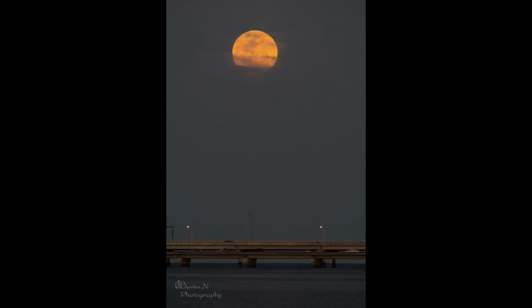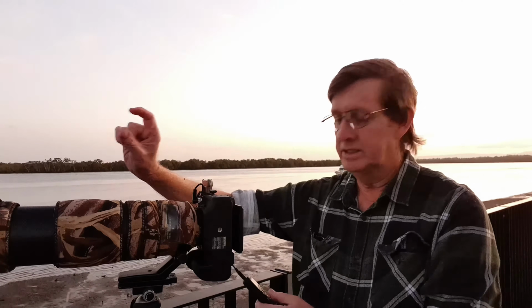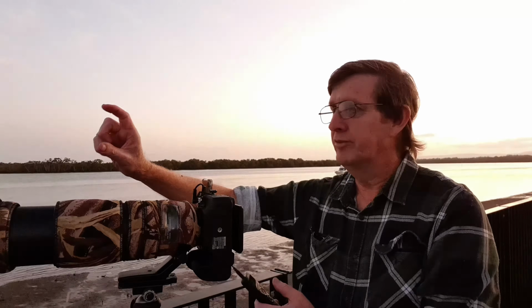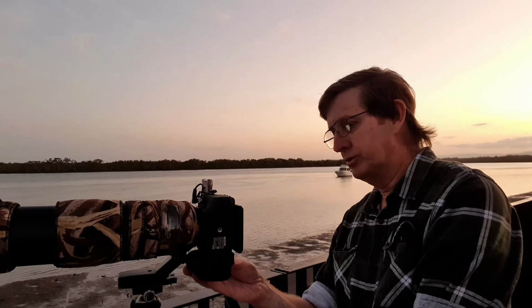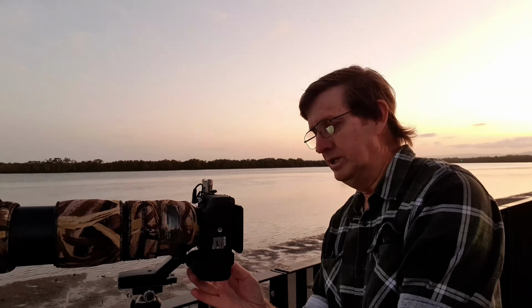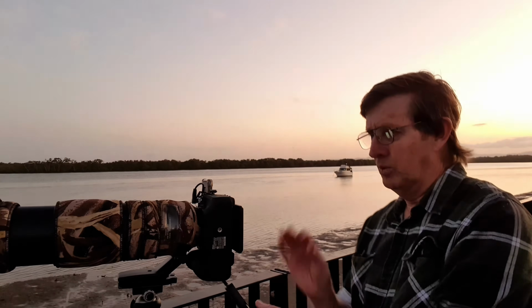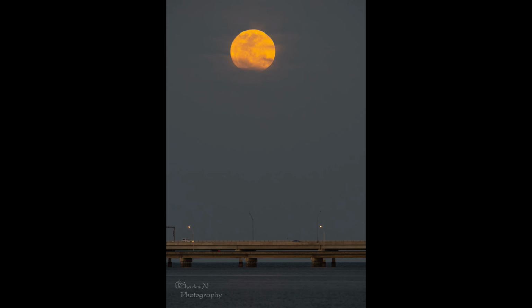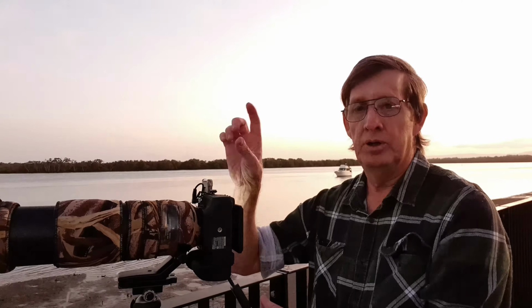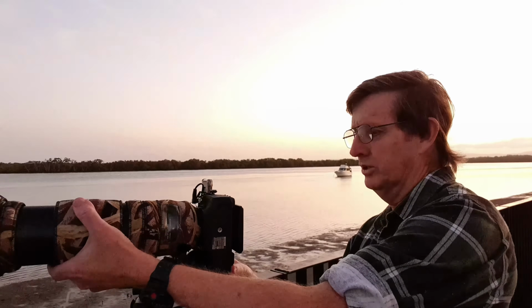So now we're at 390 mils, and I can see now that the moon is starting to get much brighter. So it's only been 5 minutes, and I'm going to have to drop my ISO from ISO 640, and I'll drop it down to ISO 400, and we'll see how we're doing. Wow, that looks beautiful. But already we're just about at the top of our frame. Now I've got to put back in live view, and we've got to back out a little bit. We'll